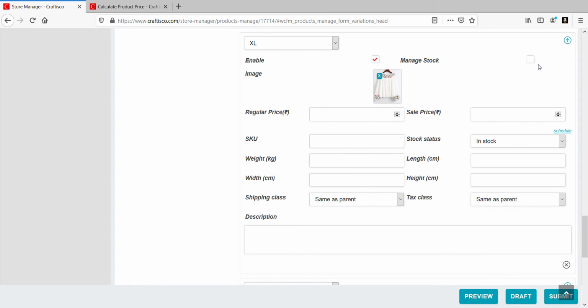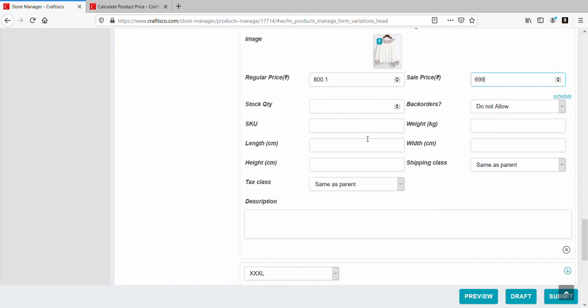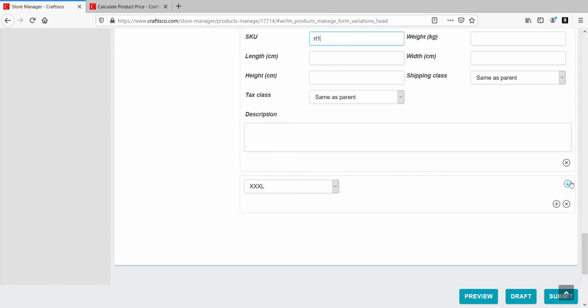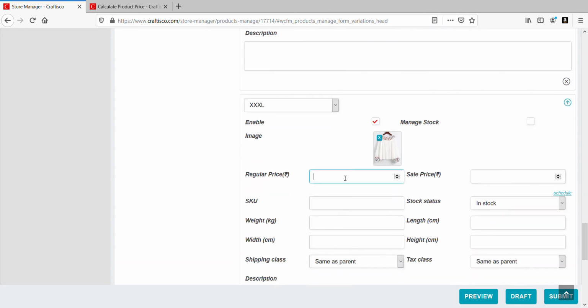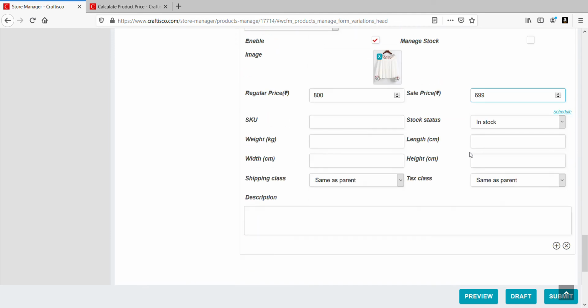Now Excel, I might want to sell at a higher cost, so I can add this as 699, right? So both the Excels are selling at 699.